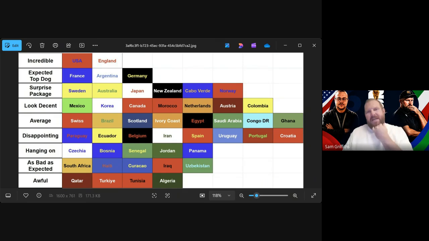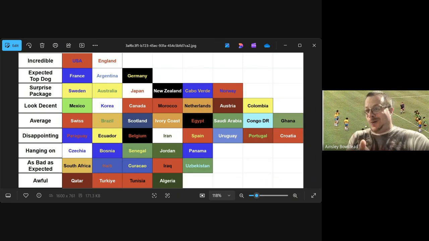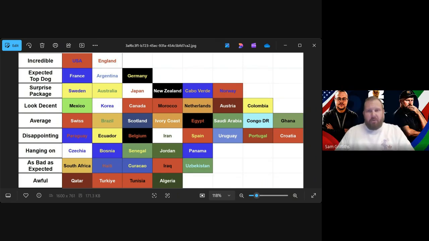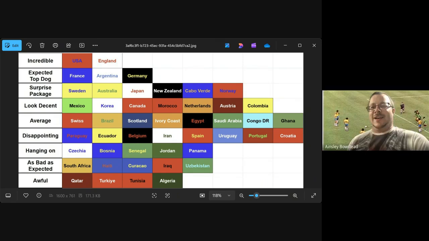I think Spain were probably a little bit more unfortunate in their result, which is why I've actually put Cabo Verde as the surprise package. I think Cabo Verde had to try harder to get the point from Spain than Congo did against Portugal. Which is surprising because they had to get a goal. But they didn't. Portugal, I think, had 1 shot on goal during that entire game. Cabo Verde's goalkeeper has become a hero overnight. He's gone from like 600 followers on Instagram to 13 million. So, take your hat off to him.